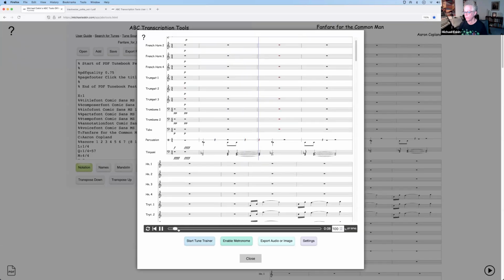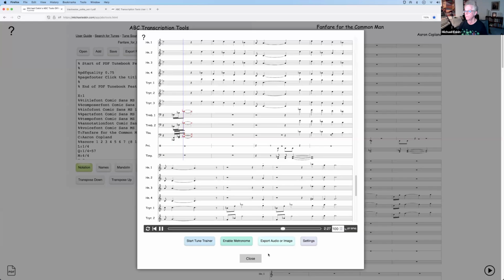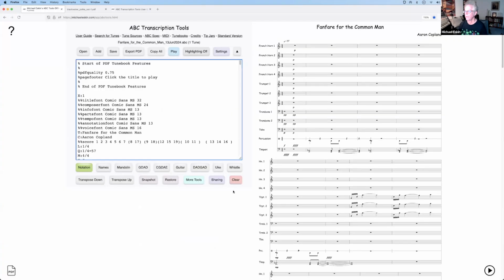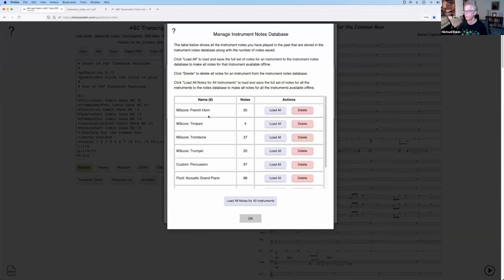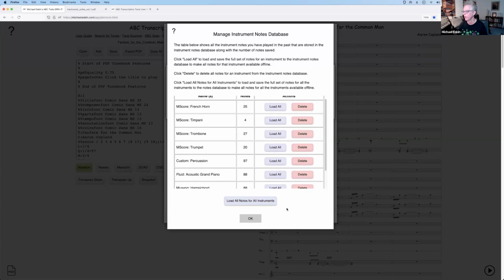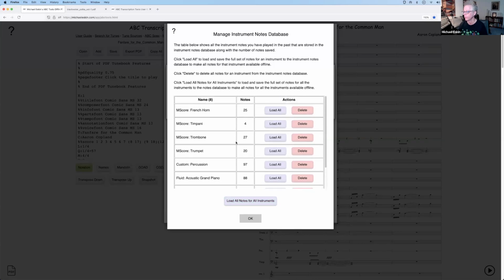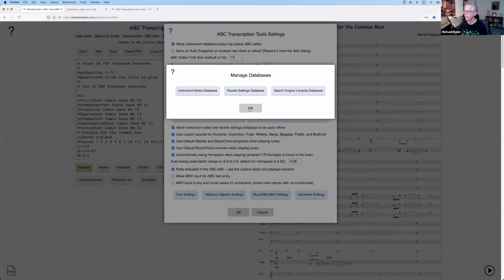And so on. We could jump forward. And if I were to go into the database now, you'd see we would have a bunch of those orchestral instruments in the list. Timpani, here's French horn, trombone, trumpet, and so on. And I could click load all instruments and I would get all of those for use offline. But now, because they are in the database,